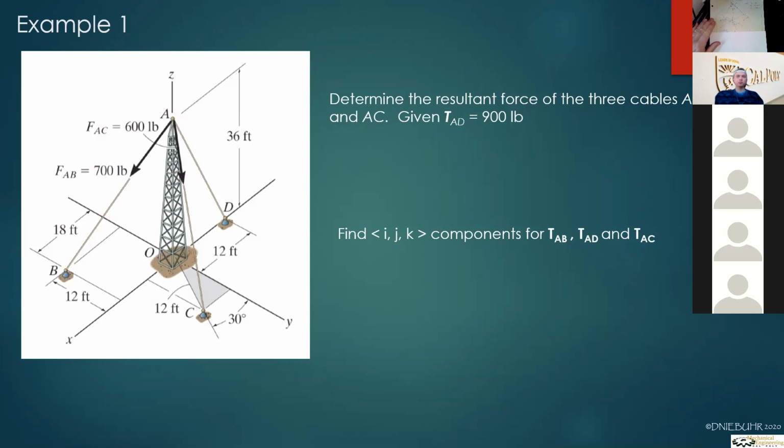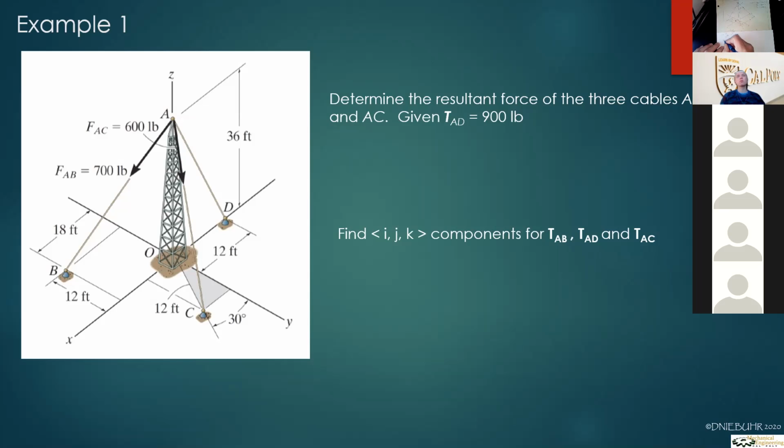So we know that tension, whether it's tension or force, same thing. So we know that tension AB, the vector, is equal to the scalar AB times the unit vector AB. So that's really what we're trying to find, is this. We want to know what that vector is. And so we know that